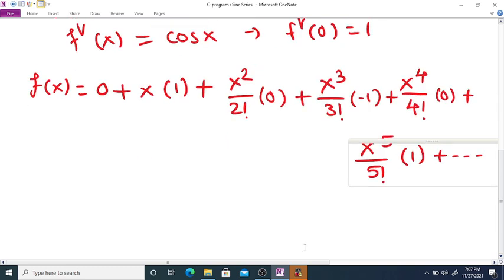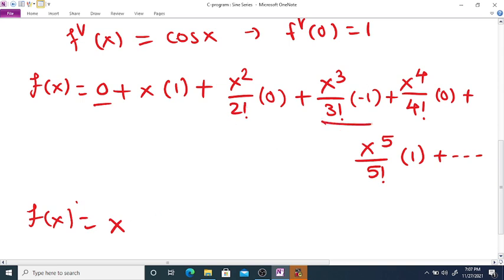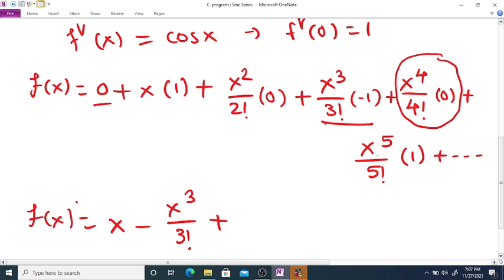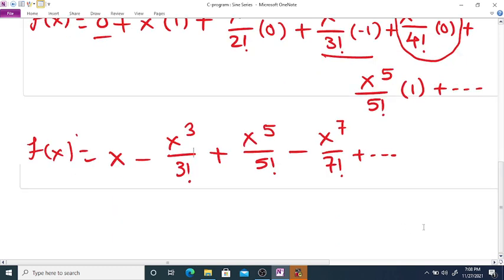So now if we simplify this, then the f of x is equal to, this term is 0, then it is x, again this is 0, because of this minus sign it is minus x cube by 3 factorial, then next term, again this term is 0, we multiply by 0 here, so 0, then the next non-zero term is x5 by 5 factorial, the next term will be x raised to 7 divided by 7 factorial, and so on. So now we want to write the C program for